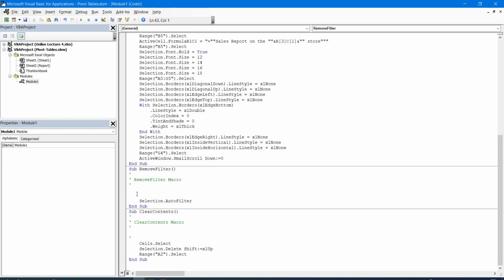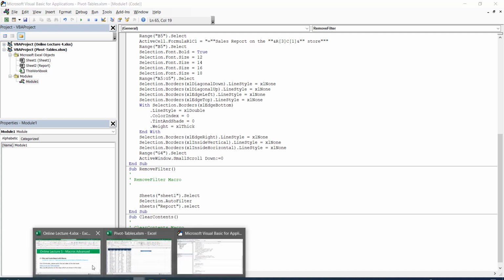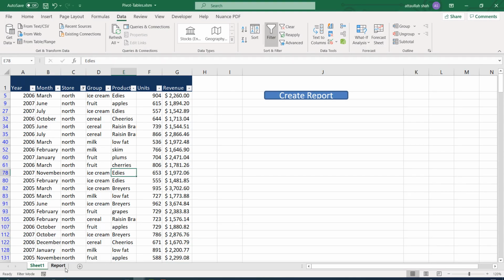So here I'm adding sheets, sheet 1 dot select. Then we remove the filter, and then we go back to our report sheet. So I'm going to the sheet reports. I think it is report or reports. It is report. So we go back to this sheet.